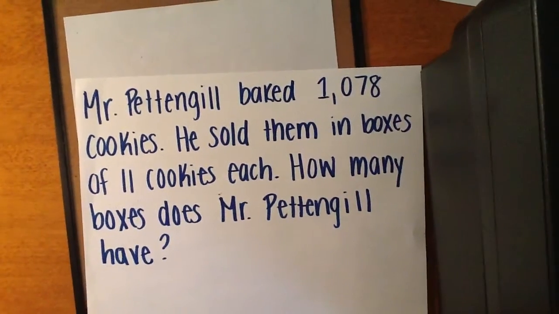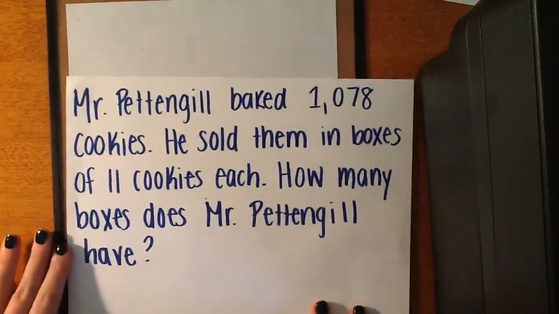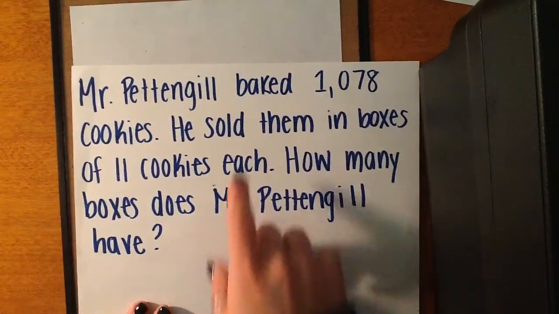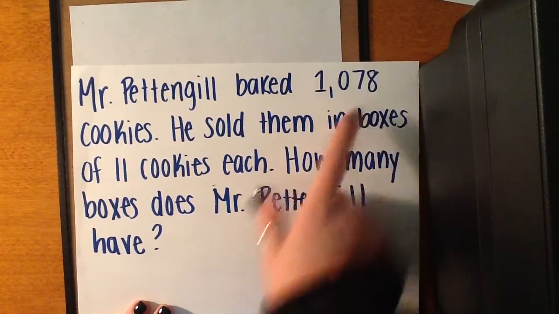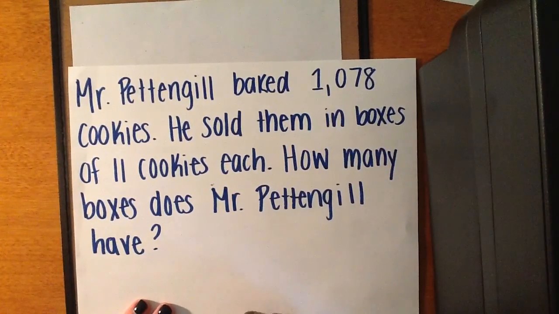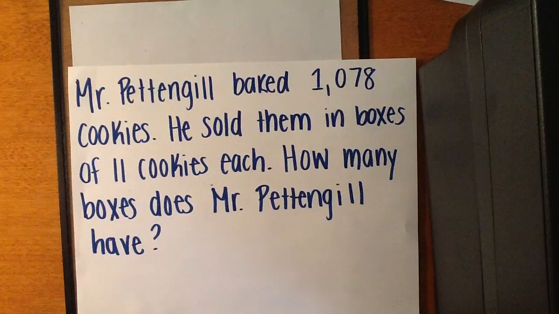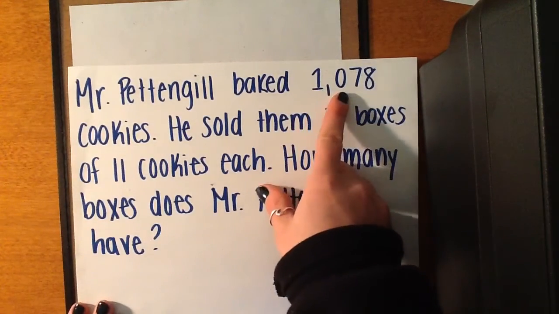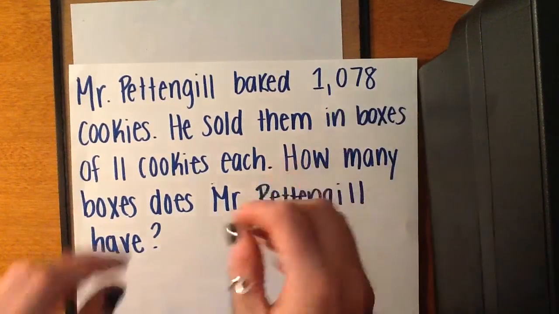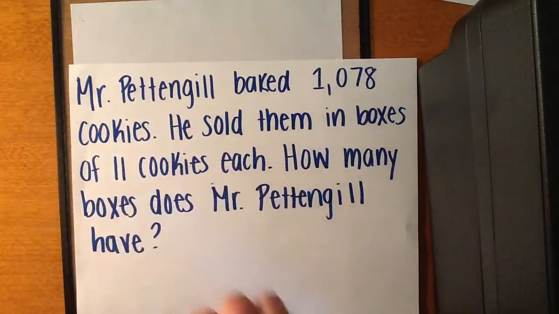Alright, so our story problem right now is about Mr. Pettingill, and he baked 1,078 cookies. He sold them in boxes of 11 cookies each. So how many boxes does Mr. Pettingill have? So this problem I know is deficient because we're starting with 1,078 cookies and we're putting those cookies